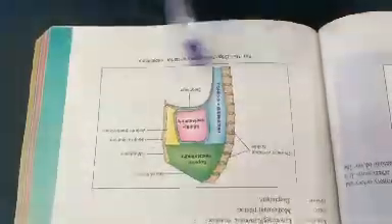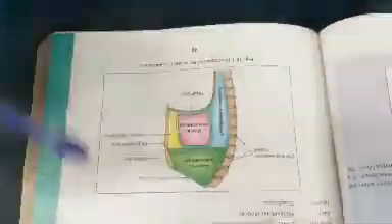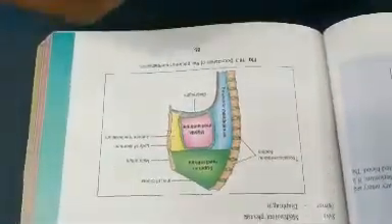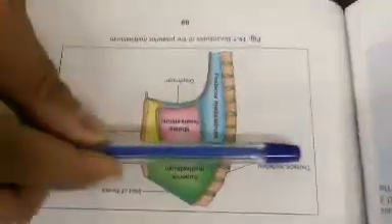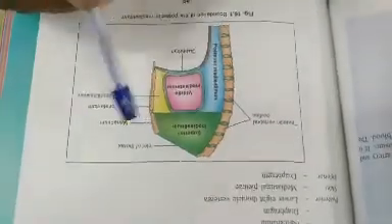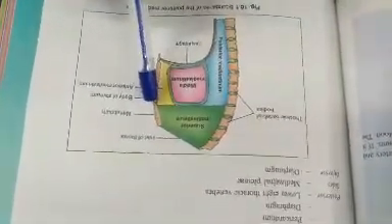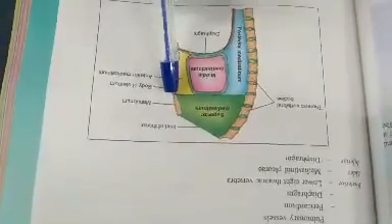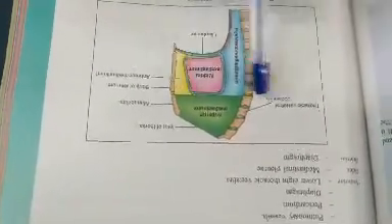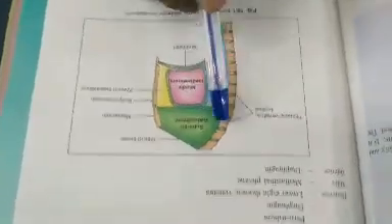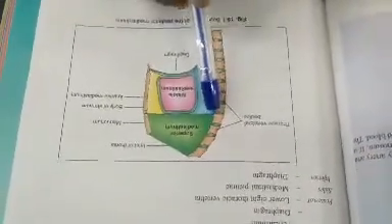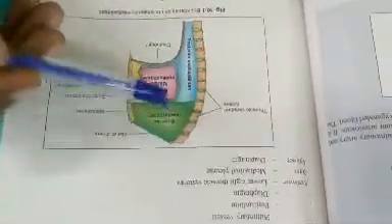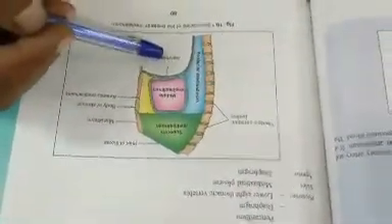Now, this mediastinum is arbitrarily divided into two parts broadly, superior and inferior. The horizontal line is passing just at the level of the sternal angle. Here you see the manubrium and the body of the sternum. This is the sternal angle. This horizontal line is actually passing below the T4 vertebra. Now, the upper portion is the superior mediastinum and the lower portion is the inferior mediastinum.